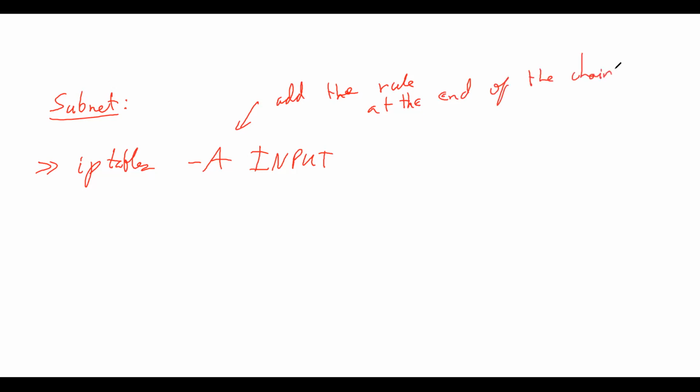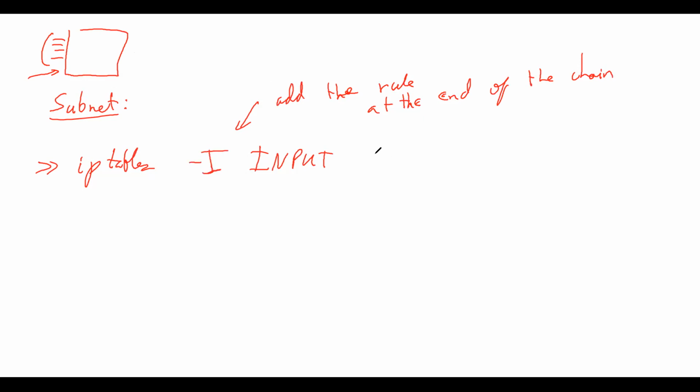This is not a recommended practice because, as I said, if you have a chain of a whole bunch of entries, it'll put it at the end. If one of these hits before that rule, it'll never get there, right? And so your rule might be correct, but it just never gets there. So probably